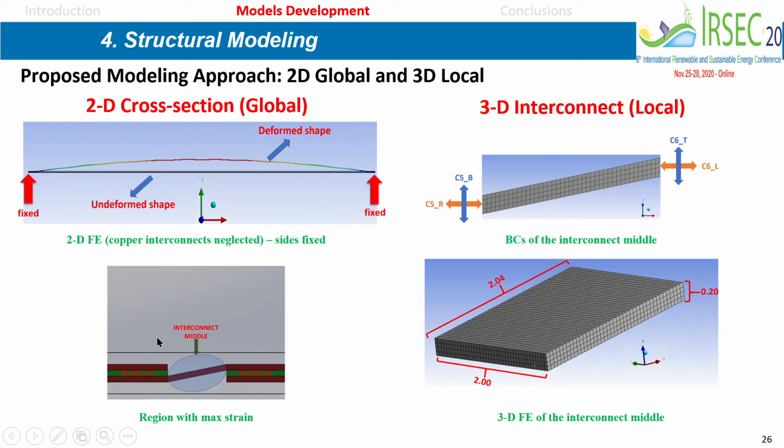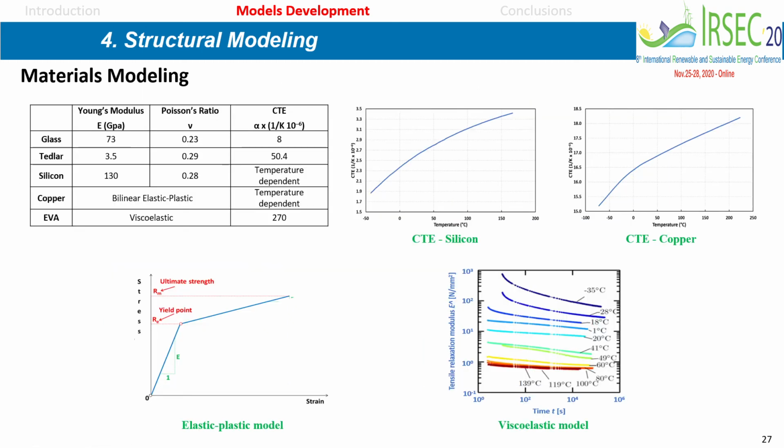If you look at here is the interconnect between 2 cells, and it does occur in this central part, which is not surprising. So we know that the higher stresses or deformation are here, so we focused on this and we used 3D finite element simulations to calculate stresses and strains and so on, as you can see from this three-dimensional finite element mesh. For this, we need to define the constitutive laws for each of the elements of the